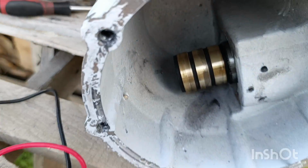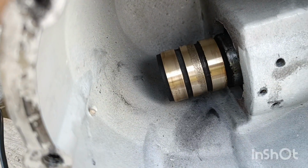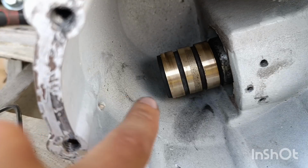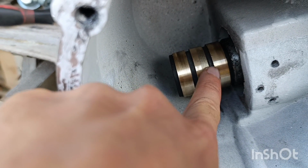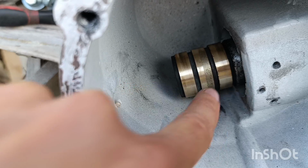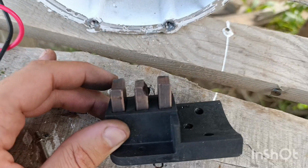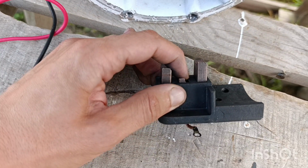Okay, guys. So the first repair is done. You see the contact is now clean. This is the place where there was current going through, and it burned a little bit because it had an arc. What happened with this brush, the middle one, is that it got stuck inside